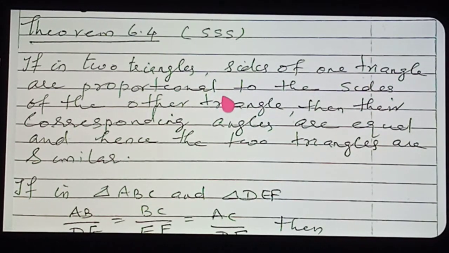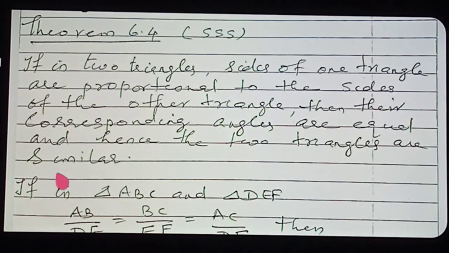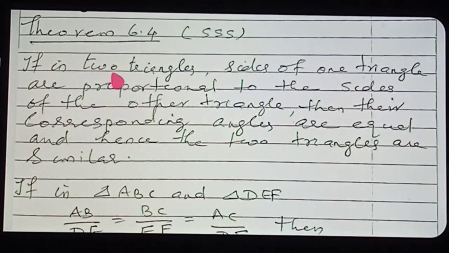If in two triangles, all the corresponding sides of one triangle are proportional to the sides of the other triangle, then their corresponding angles are equal. Hence the two triangles are similar. So here instead of angles, what are we taking? All the corresponding sides in the same proportion. If in two triangles sides of one triangle are proportional to the sides of the other triangle, then the two triangles are similar. See here,